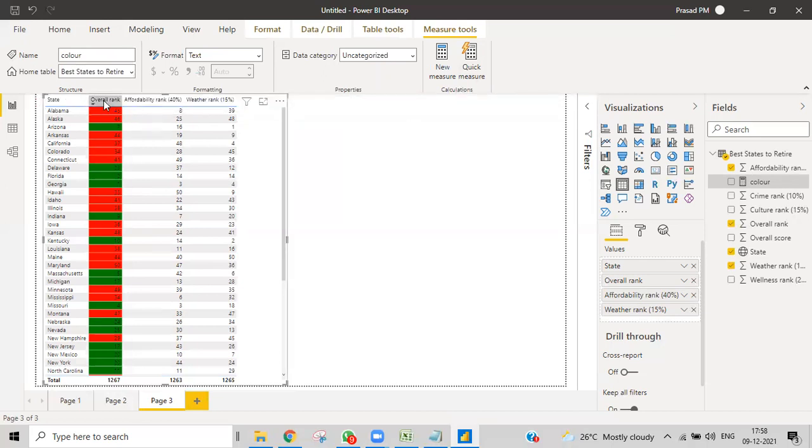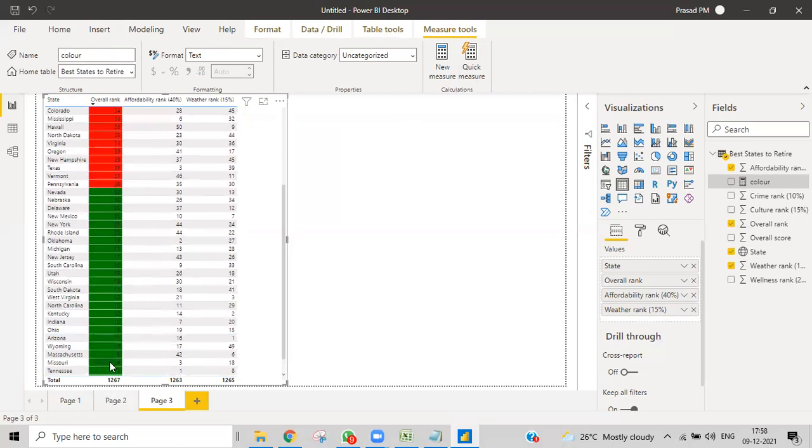And you can see this, if it is more than 25, that is red color, and if it is less than 25, the green color. So in this way also you can write some calculation, some measures, and using that you can do formatting. Not only for this, even for anything you can use this kind of formatting, and write some measure according to your logic.